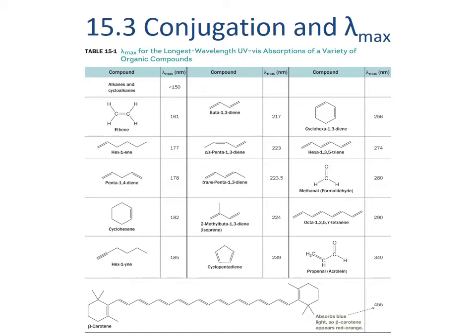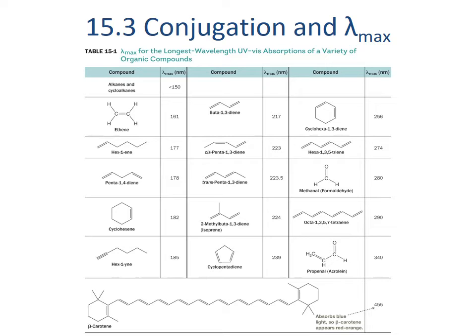If we look at the left side of the table shown, we can see several examples of pi systems that contain only 2 electrons. The lambda max that is reported refers to the wavelength that is the highest intensity. This means that the most electrons will be making this transition, which often, but not always, is the lowest energy transition. Each of these unconjugated systems has lambda max values well inside the UV region. Notice that the pentadiene and the hexyne have similar lambda maxes. The pentadiene isn't conjugated because of the sp3 hybridized central carbon, and the hexyne is not because it has 2